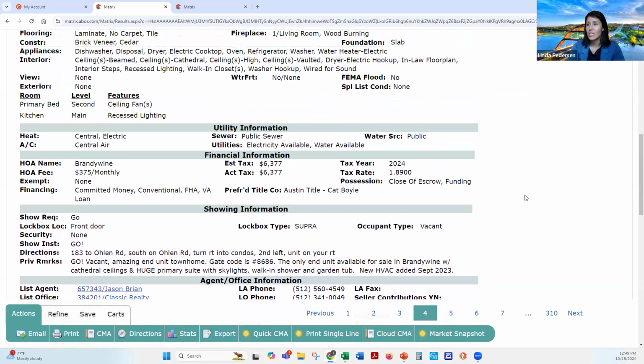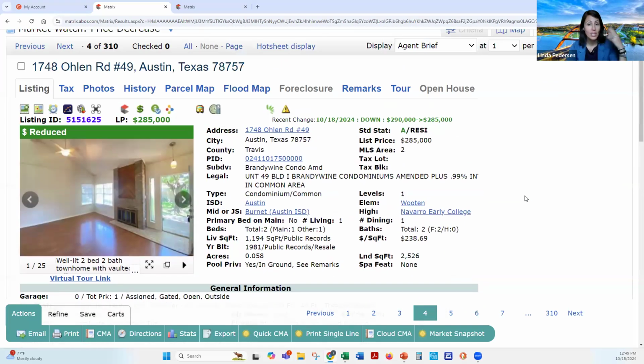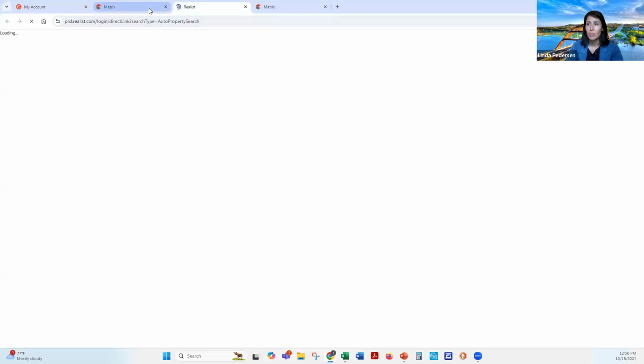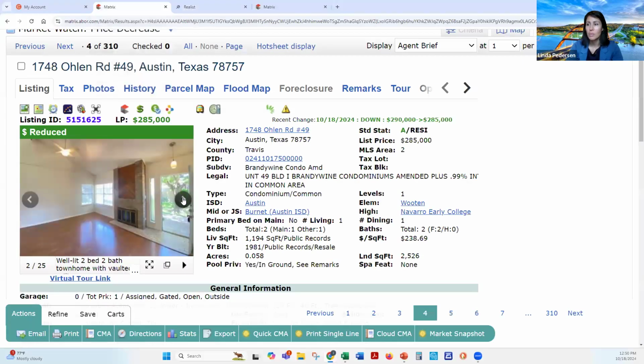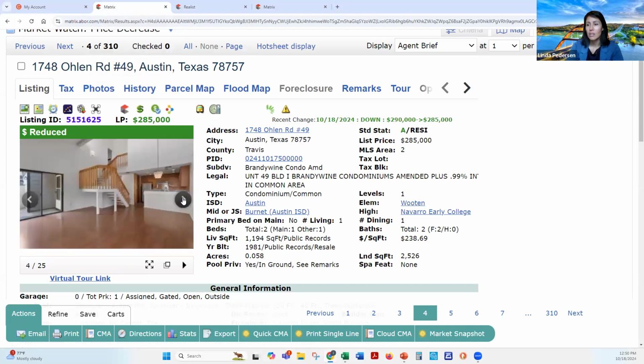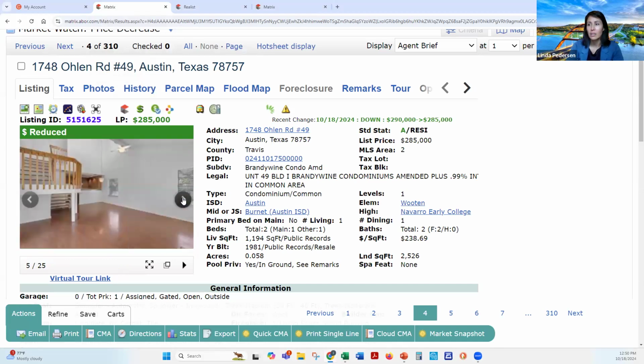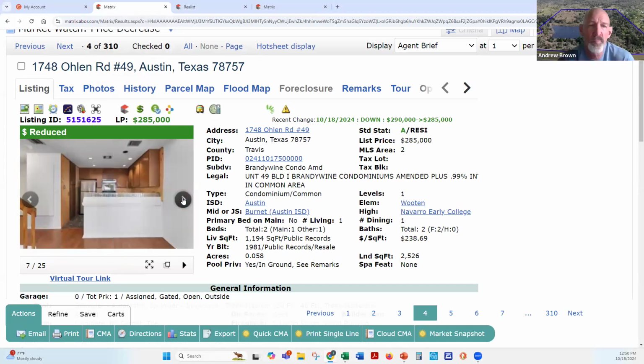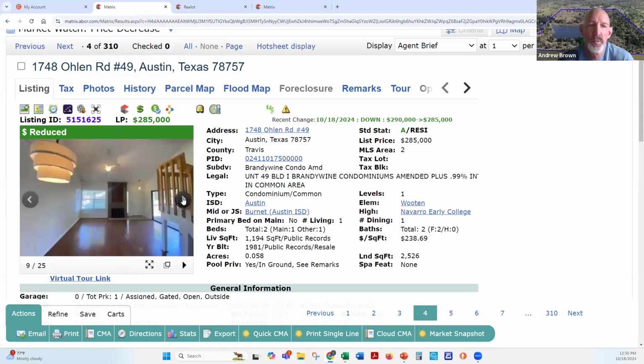Yeah, and the other quick analysis that I would do on this one depends on the tools that you have access to, but in our MLS we've got something called Realist, where I can see details about this property. And from an investor standpoint, this is how I'm going to quickly look at it once it pulls up. And we can look at these pictures. It looks like it's rental ready already. Outdated, but